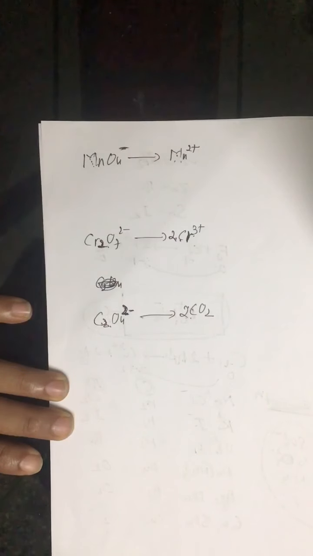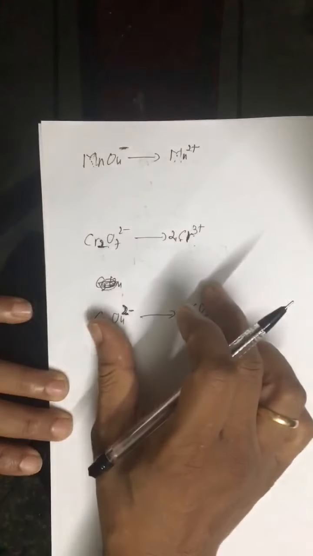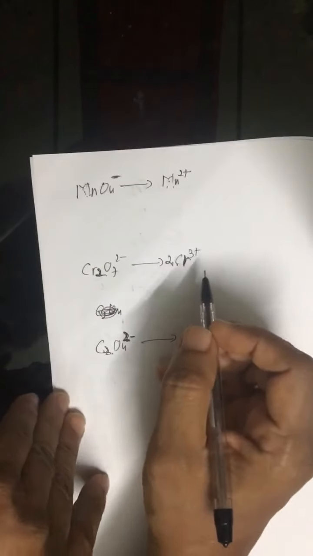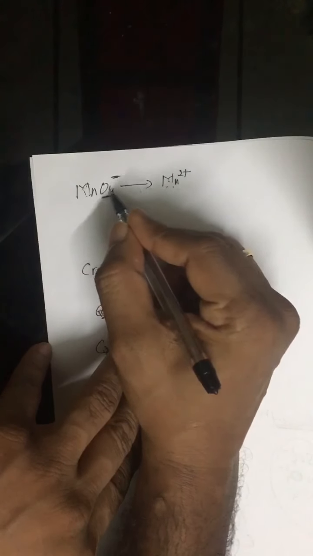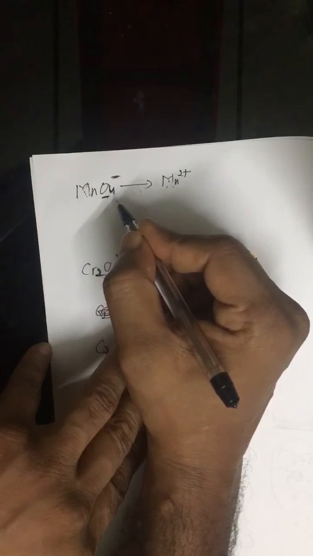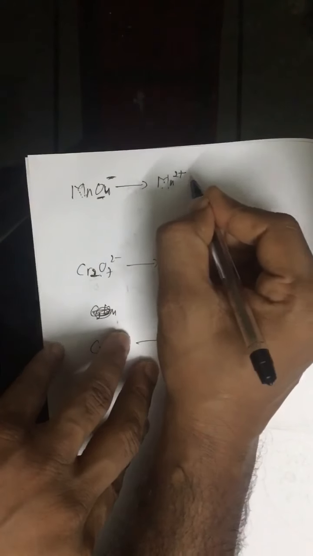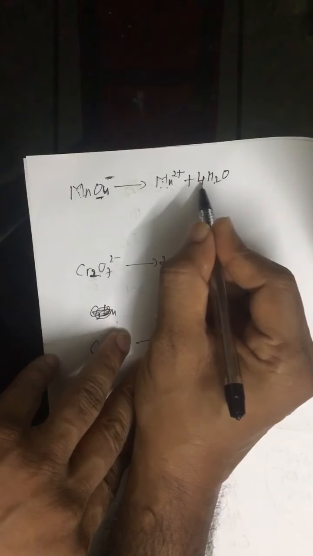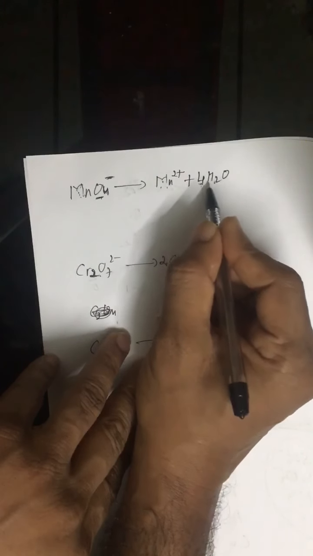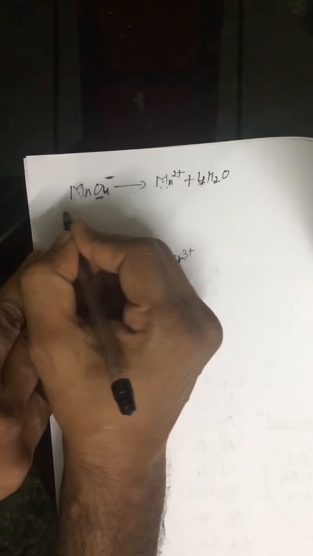The second step is balancing of oxygen. We are discussing in acidic media. Alright, so in acidic media, what we have to do, balance oxygen. For balancing of oxygen, how many oxygen atoms are there on left hand side? 4. So we write 4 of H2O on right hand side. Alright, and then comes balancing of hydrogen. To balance hydrogen, we put H positive. So how many hydrogen are on right hand side? 8. So we will write 8 of H positive.